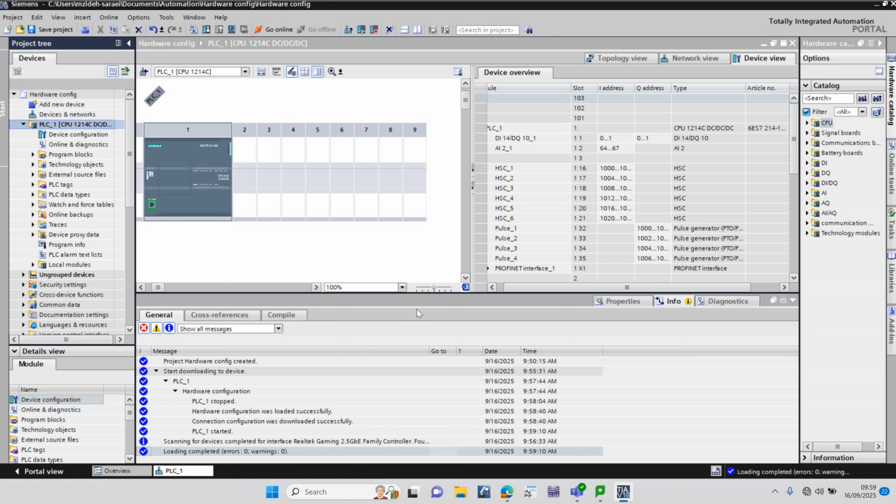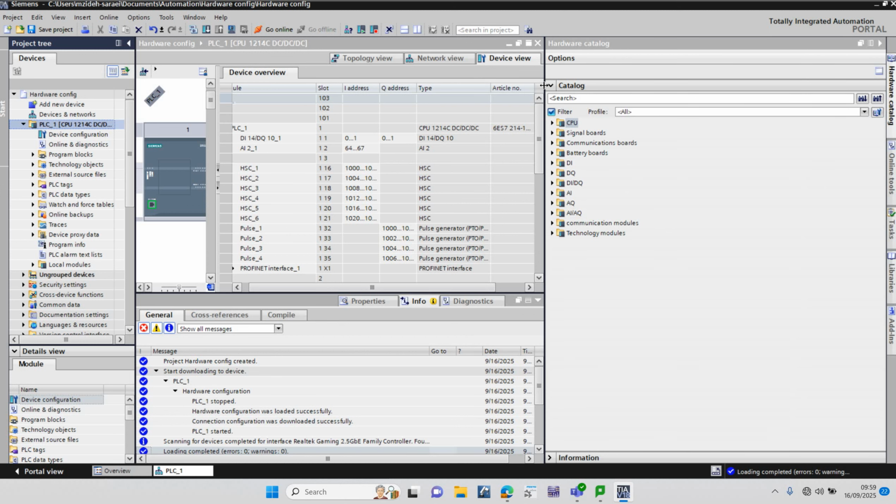So after you finish your downloading, the PLC automatically will go to the stop mode. So now the downloading is completed. I had no errors and no warnings. As you can see, everything is ticked in blue, so everything is fine. Just one thing I wanted to show you. This PLC is a compact PLC. However,